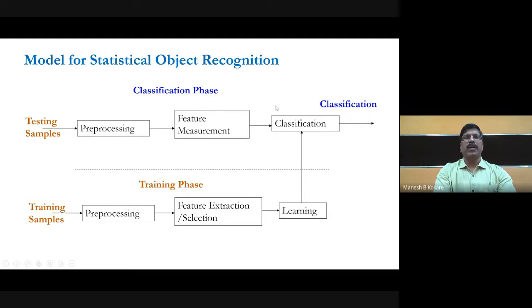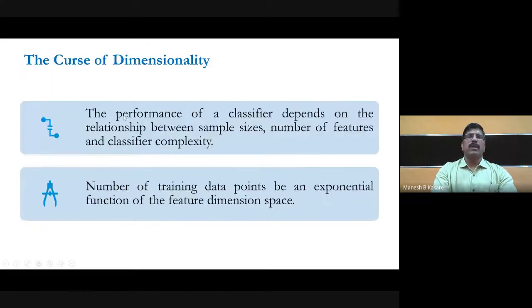So that way, the statistical based approach works, and so on, right? As I told you, if you increase the number of features, there are chances that accuracy may go on increasing, but at the same time, computation complexity will increase, and also feature space dimension will increase. And if feature space dimension increases, then complexity of the recognition system also increases.